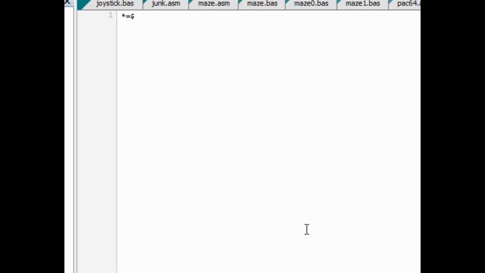Alright, we're going to start the program with the originate statement at 1000. Then we're going to clear the carry, load a big number like 254 or -2. Then we're going to add, let's just add 1 for now, we don't want to trip the carry, so that'll make it FF. Store it at 400, which is the top left character memory on the Commodore 64, in the top left portion of the screen. Then we're going to load back in 400,